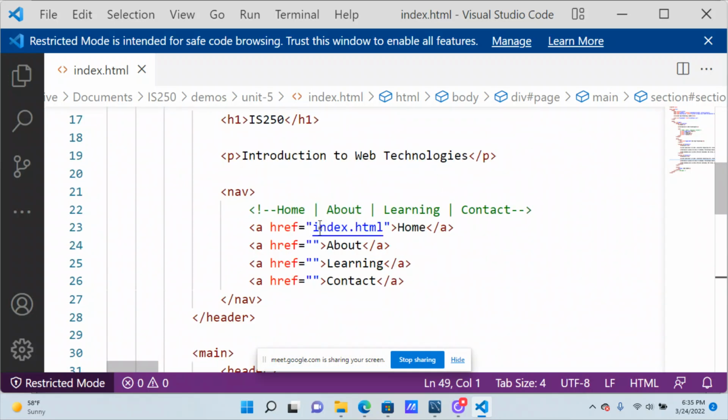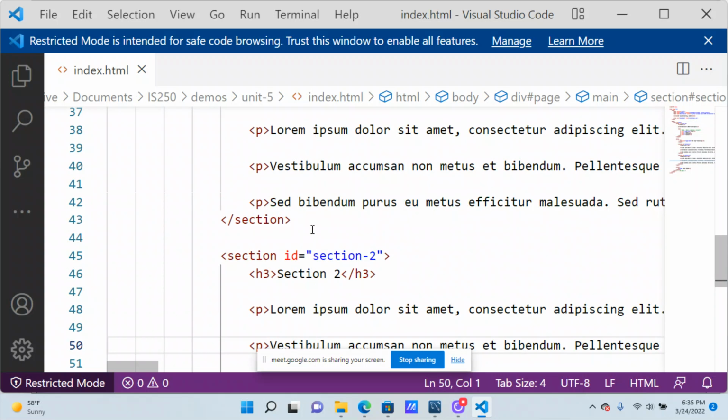Notice that there's nothing in front of it. I don't have to say this is inside X folder, and I don't have to link back to the C drive or use HTTP at the front of it or www or anything like that. As long as the file is in the same folder, and they can see each other directly, the one you're linking to and the one you're linking from, then all you need is the file name, and that's it. So this one down here